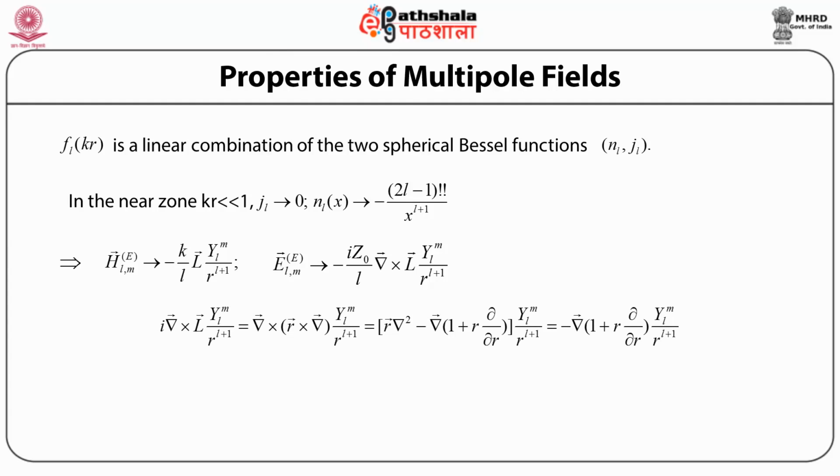Iota into del cross L vector into YLM divided by R raised to power L plus 1 is equals to del cross R cross del into YLM divided by R raised to power L plus 1, is equals to bracket R vector into del square minus del vector into 1 plus R into del by del R bracket close whole into YLM divided by R raised to power L plus 1, which is equals to minus del into 1 plus R into del by del R whole into YLM divided by R raised to power L plus 1, which implies